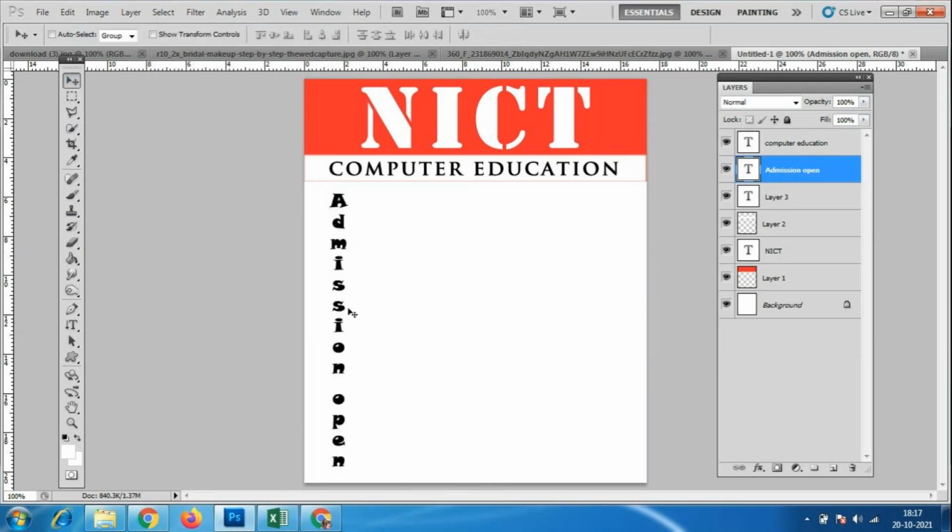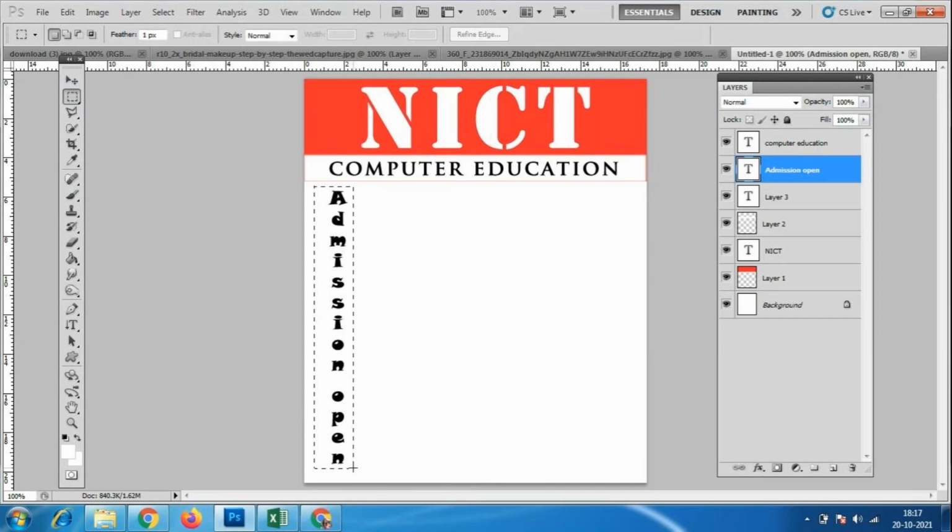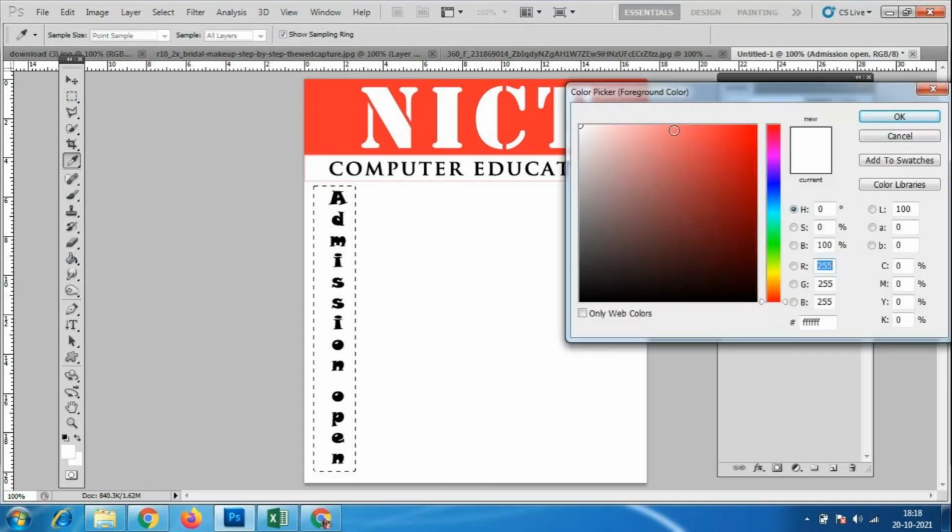Again for this you can take a separate box here with the rectangular marquee tool, and with a different color, and I'll go to this paint bucket tool. Again I want to use the same color, so I'll pick the same color with the eyedropper. This is the eyedropper tool, it will pick the color.